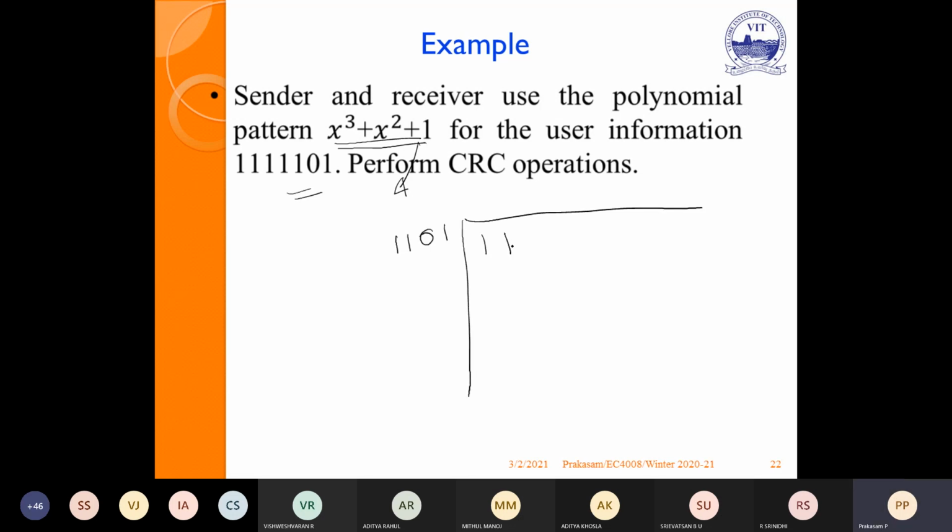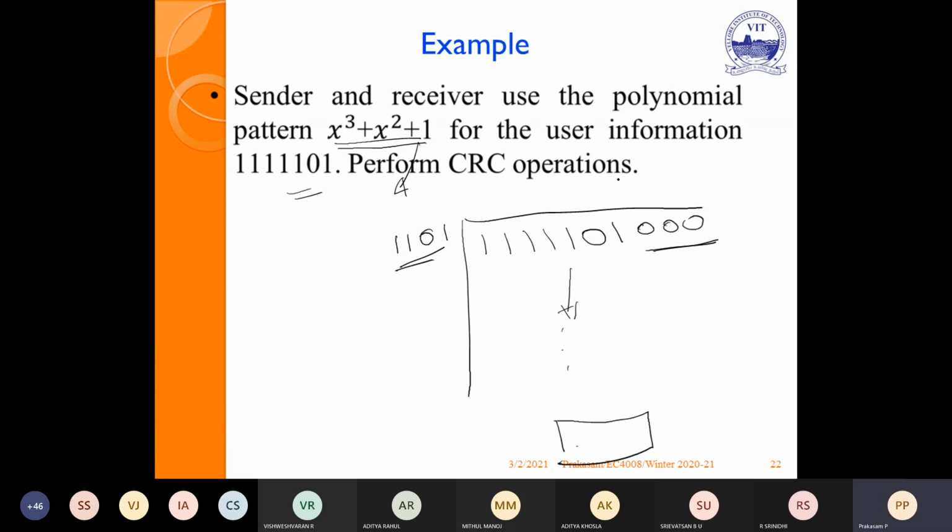The data is 1, 1, 1, 1, 1, 0, 1. I am going to add the augmented bits. What is the length of the augmented bits? It should be one less than the divisor, so 3: 0, 0, 0. I do all these steps and get a 3-bit CRC.